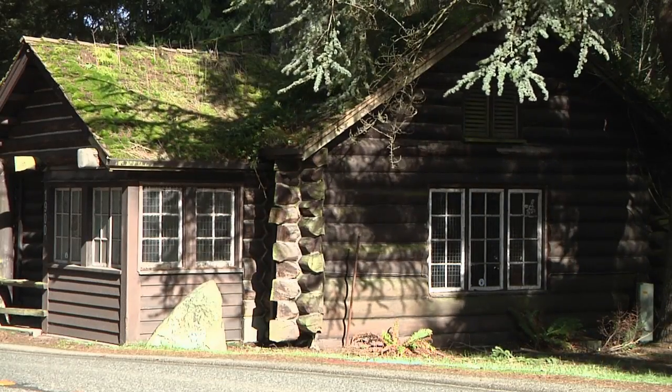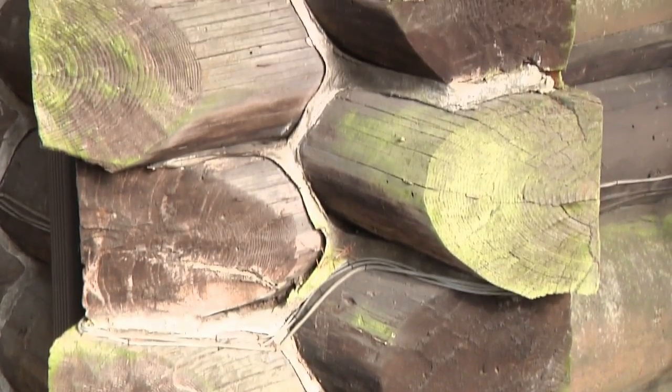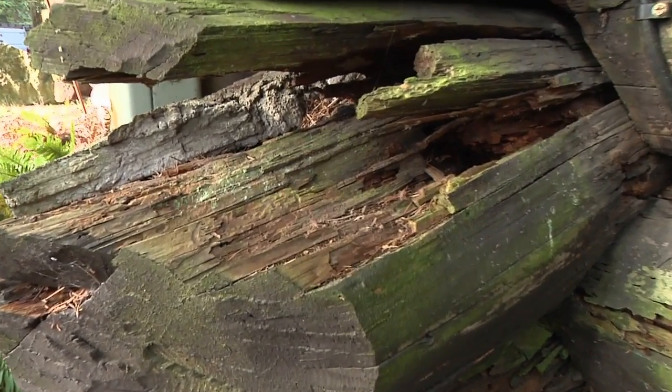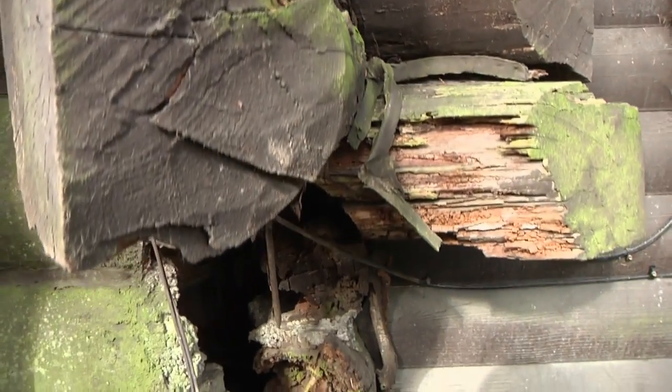So, John, outline for us what the goals of the foundation are. This is a cabin, and it's old. So what are the priorities? Just outline for us what the foundation wants to accomplish. Well, there are sort of two aspects of it. One being that the cabin has some major issues with rot in the logs. Maintenance wasn't done during the time. So one of the foundation's goals is to fix up the cabin and get it in good